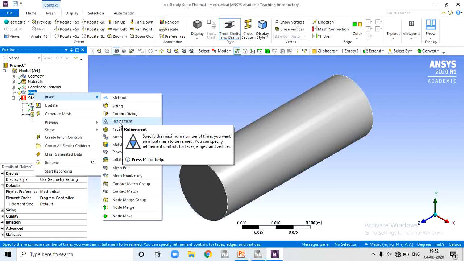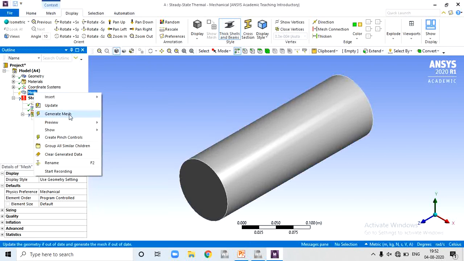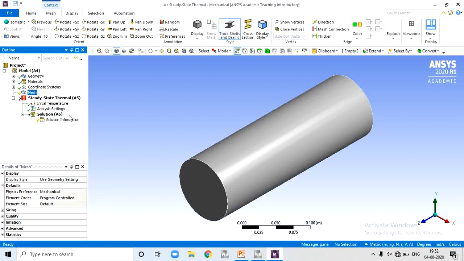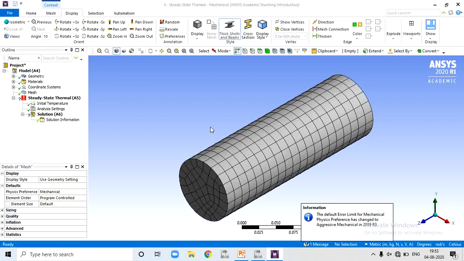So I just directly click on generate mesh, and the software by default does its own. In this way, first we create geometry, and after that we do the mesh.